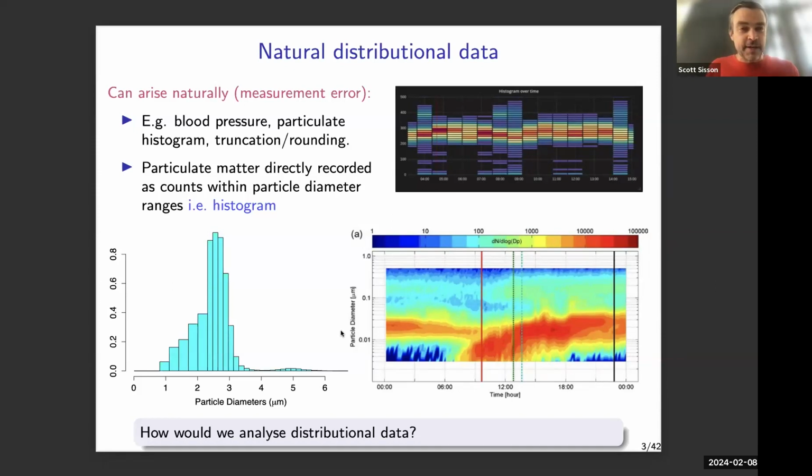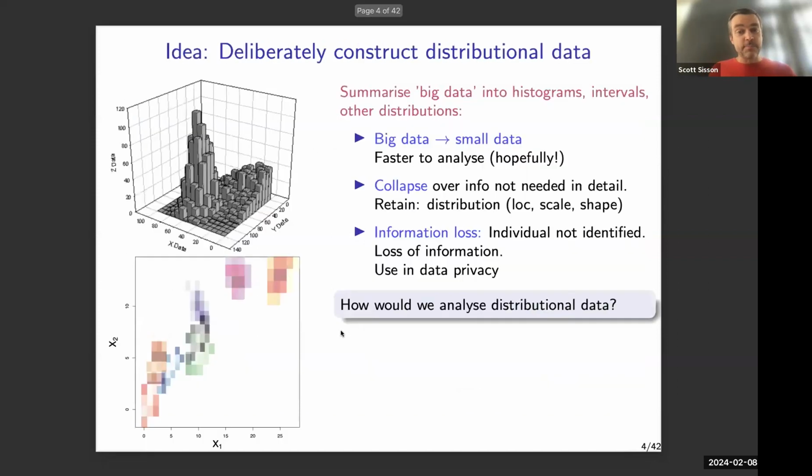But if you're sort of evil-minded like me, you think, well, suppose we can answer this question and come up with techniques for analyzing data that arise as distributions. Is this not an idea that we can exploit in other ways? For example, suppose we have a very large data set, 100 trillion observations, or some very large number. We can analyze these data in the standard way, using maximum likelihood or Bayesian inference or whatever we want, but it might be computationally difficult. It might take a long time.